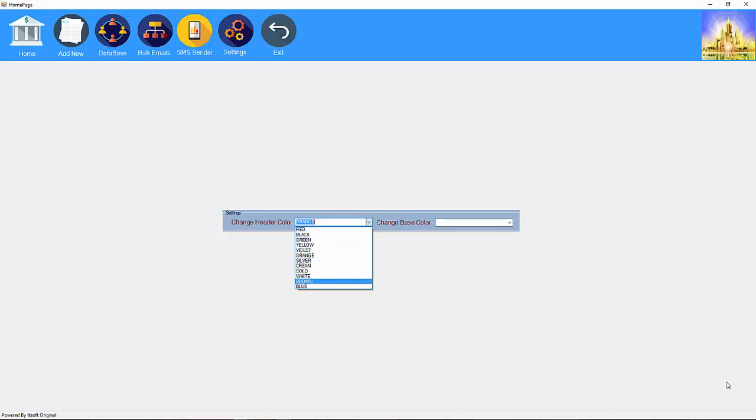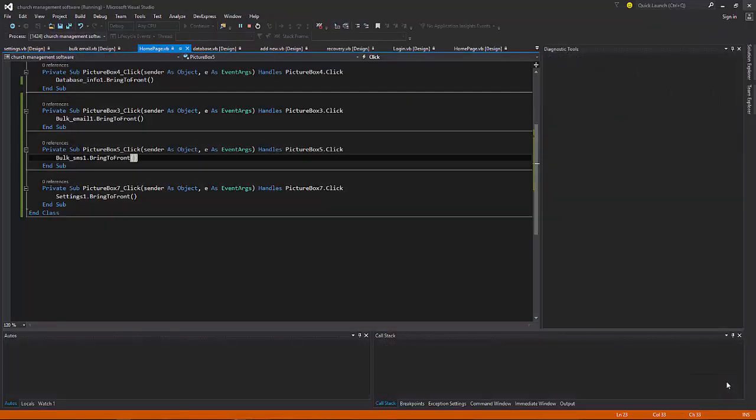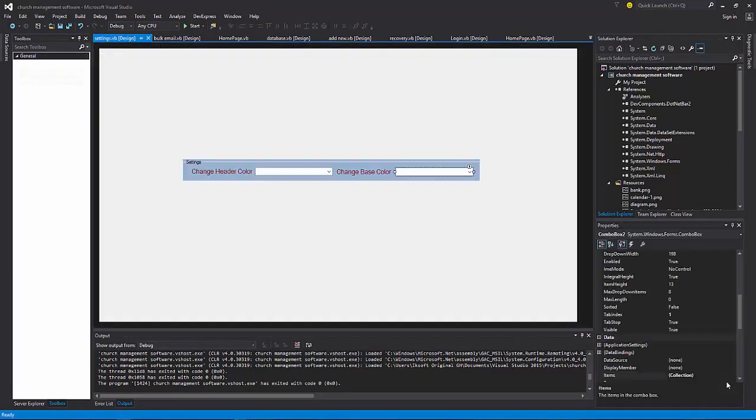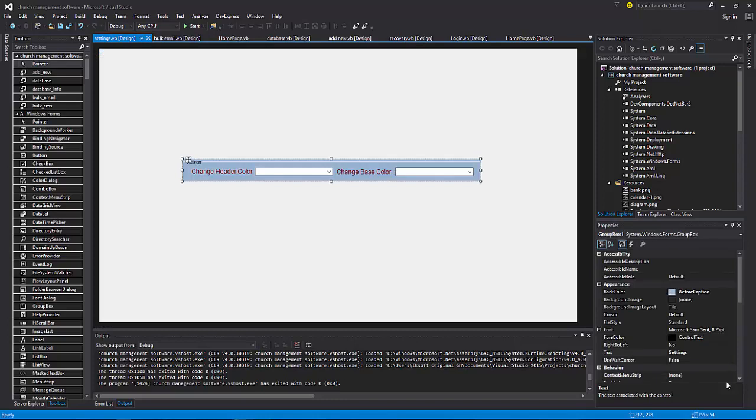Yeah, so the more you work along, the more it works, right? So we will be working on that, and then we will be here. So I wanted us to work along with some things out here. So let's go back to the settings design, and then let's work along with